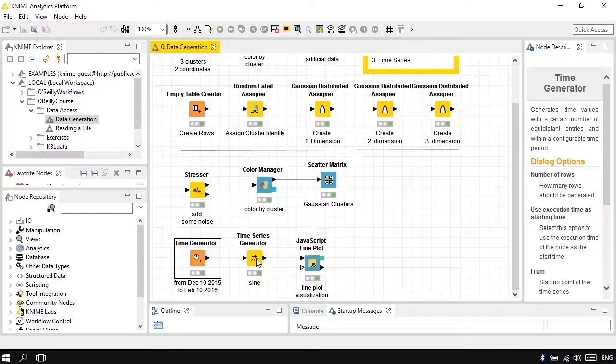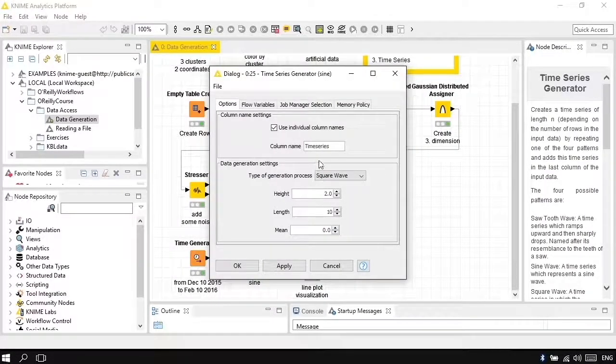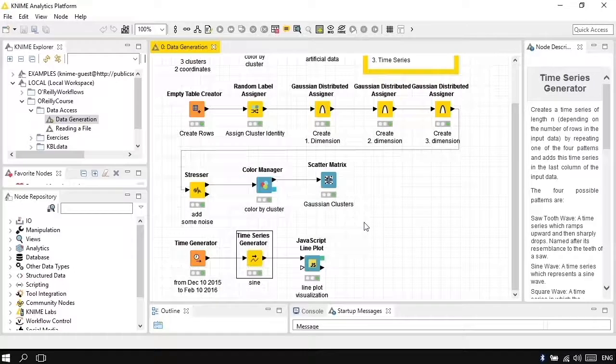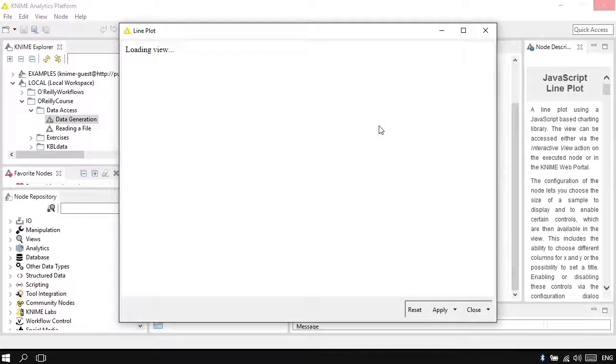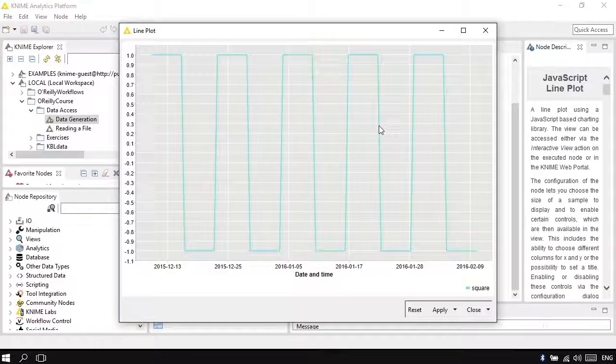Then the time series generator generates a time series for these 100 points in the shape of a sawtooth wave or a sine wave or a square wave or a triangular wave. We wanted a square wave, yeah? And those are the parameters for the square wave: the height, the length, and the mean. Okay. And then finally, we can visualize our square wave using the JavaScript line plot node. And here